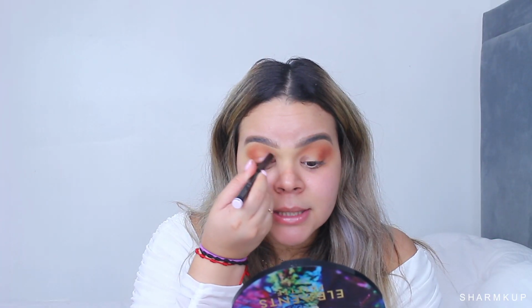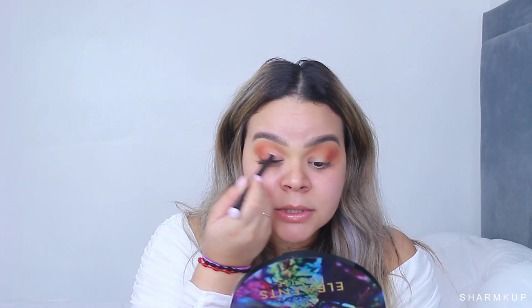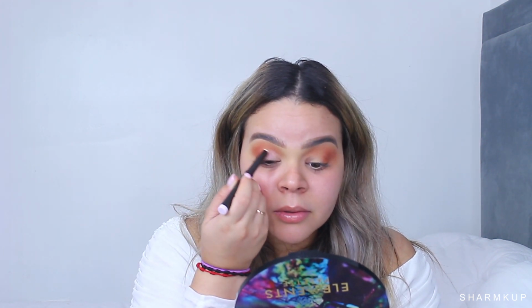Here is called Beam, and it's a really nice iridescent pink. I'm just gonna treat this as if this was a cut crease. And I'm just gonna place that right in the inner corner. But this eye is really not having it today. With the liquid eyeshadows, because I know these might work best, I'm gonna go in first with